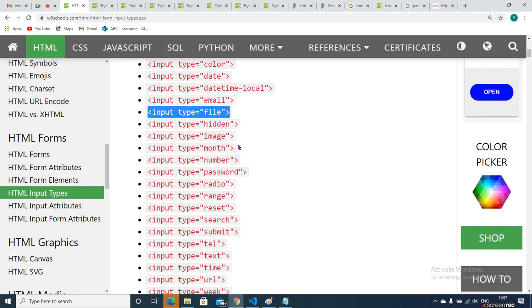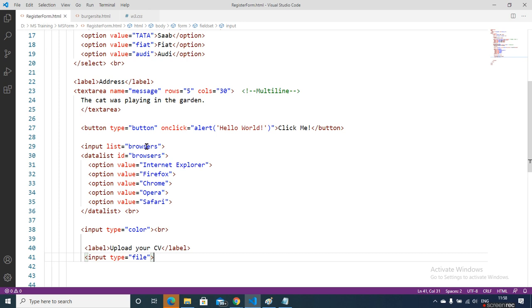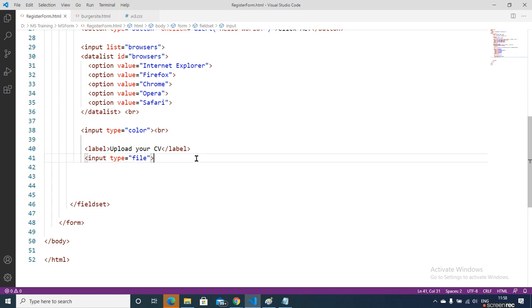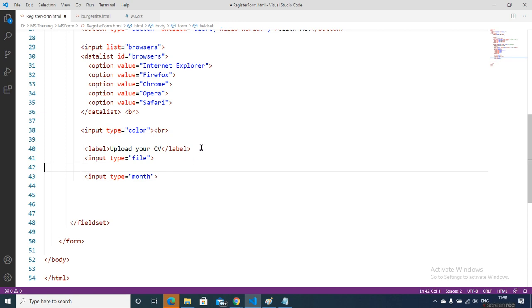Now here you see the month element. Sometimes you don't want to use the tentative date, you just want to inform the manufacturing month. Okay, manufacturing month. So you can put the month like this. Nowadays, due to the corona pandemic, we are not sure of the dates, so you can give a tentative date.